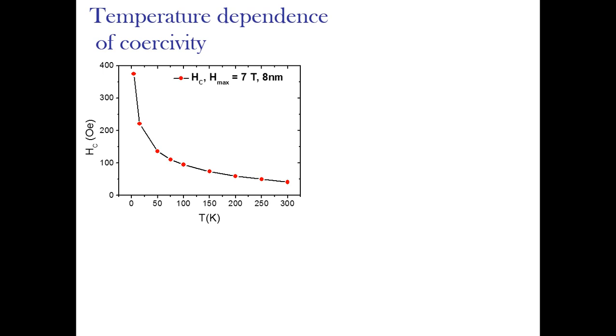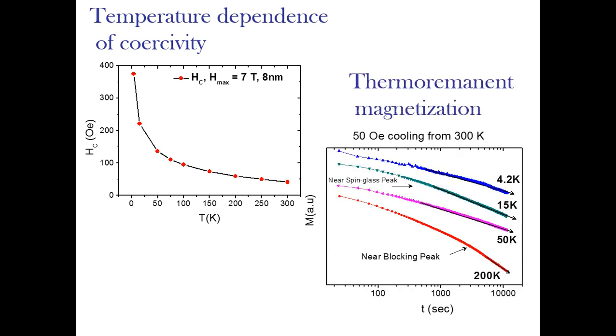So the temperature dependence of coercivity is also presented, where you can see we have a sharp increase below 50 Kelvin, which is also due to the increase of core-shell interaction, which hinders the reversal of the core magnetization in the field direction,